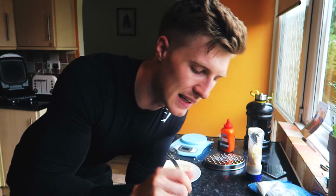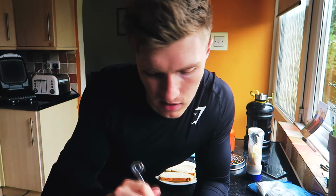I've calculated all of my macros already today, so that's something I've been doing the last, I would say, month maybe. Towards the start of my cut I winged it a little bit, but now I think I've got 4 weeks left before I go on holiday. It's getting more intense. My cardio's not really gone up. I'm still doing about 15 minutes a day,